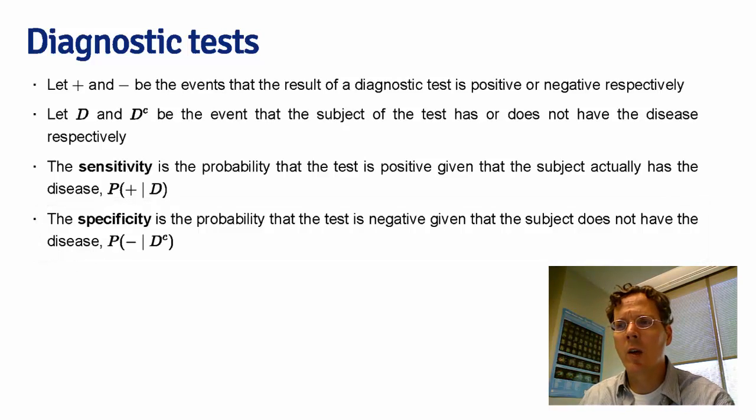And notice in the development of diagnostic tests, these things are at least conceptually attainable. There's, of course, a lot of difficulties in finding good sensitivity and specificity estimates. But for example, in an HIV blood test, you could take people who you know to have the disease and apply the diagnostic test to that blood. You could also take people who you knew for sure did not have the disease, and you could apply the diagnostic test to the blood samples from those subjects.